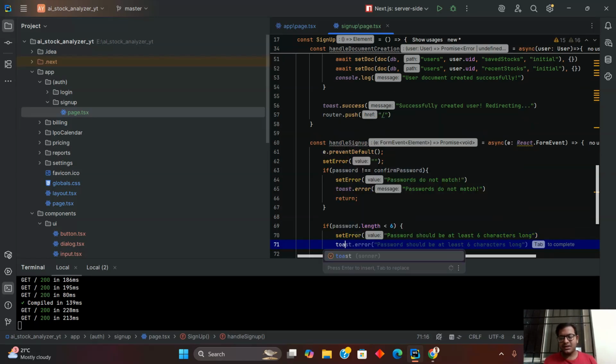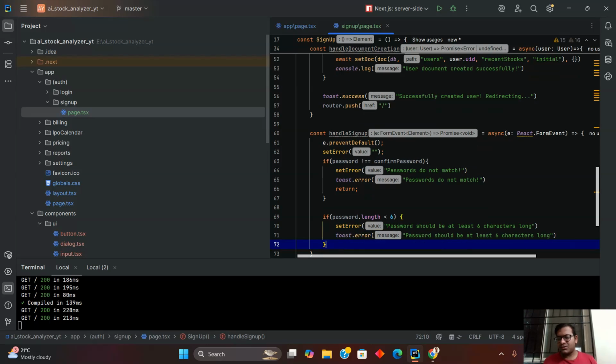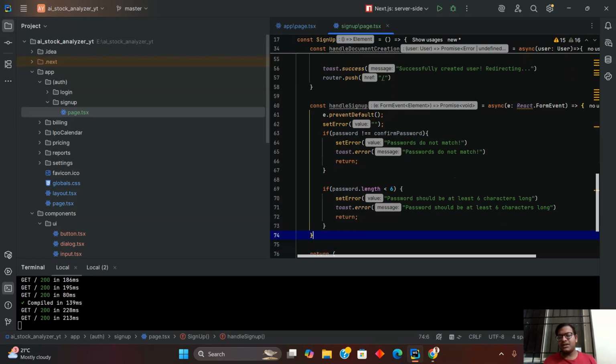And same we will give for the toast, and we will return. If everything is right by now, like user has entered a password which has 7 or more characters, and the